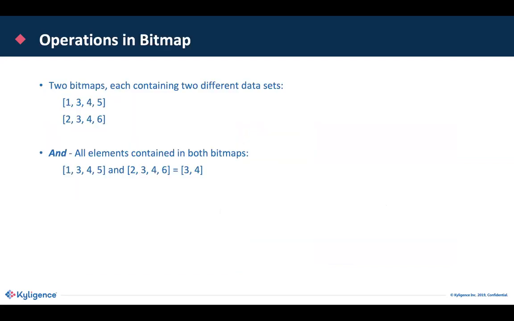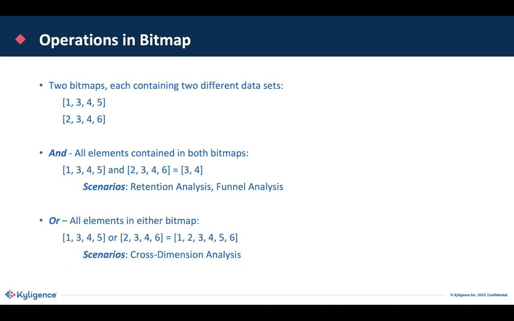In addition to greatly saving the storage cost and supporting rollup, bitmap also provides additional logical operations such as AND and OR. The AND operation can extract duplicate elements in the two result sets. AND operation is usually used in retention analysis and funnel analysis. An OR operation can combine the data of two sets, which is very useful in the scenario of multi-dimensional analysis. All right, so we learned that Apache Kylin used pre-aggregation and bitmap to achieve sub-second query latency of exact